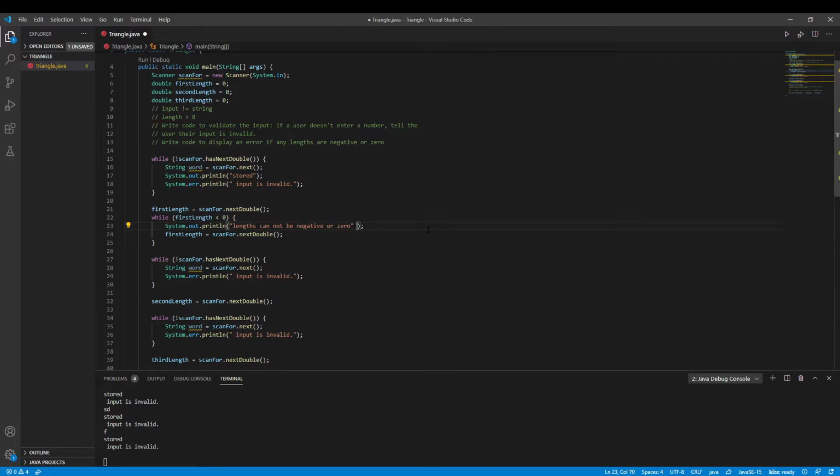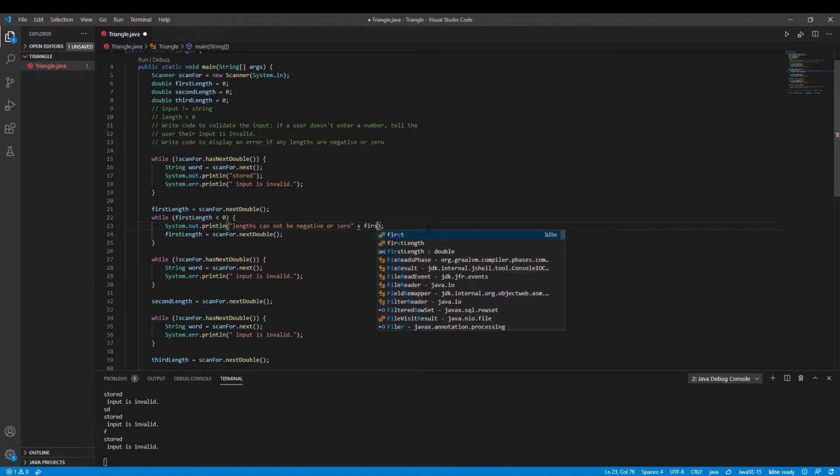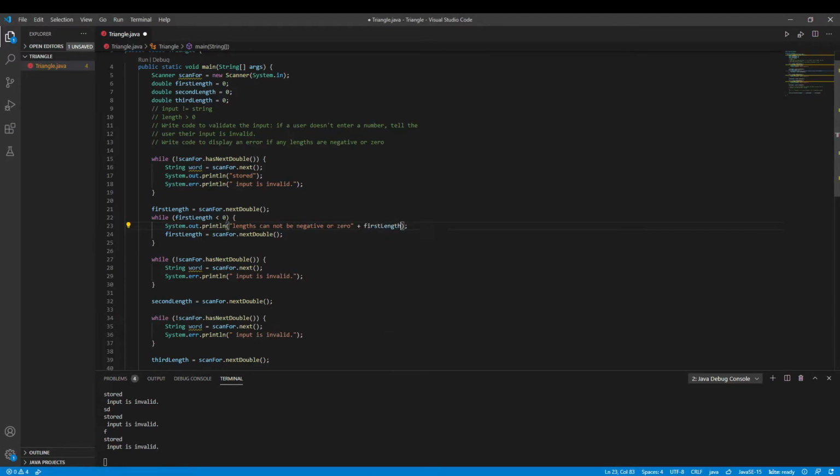And then, if you want, you can put in here, we're going to concatenate the number that they input. So first length, period, your input was, now we can go ahead and do that. This way,